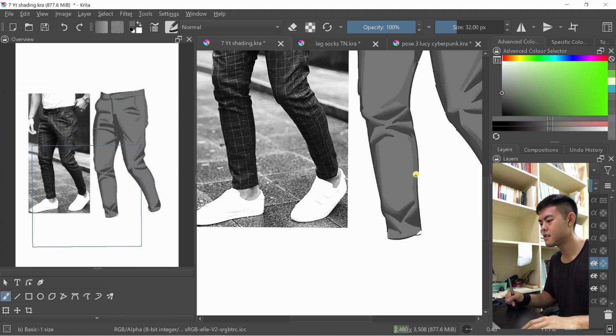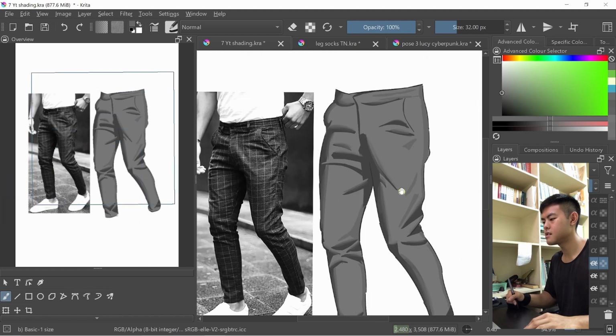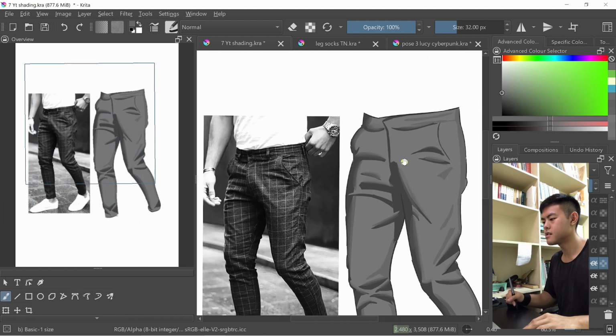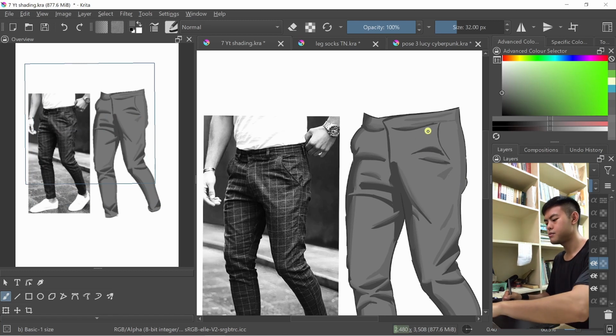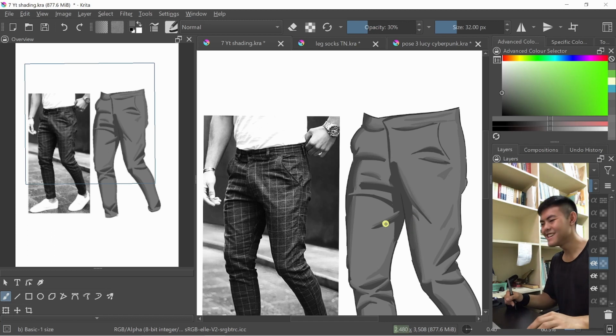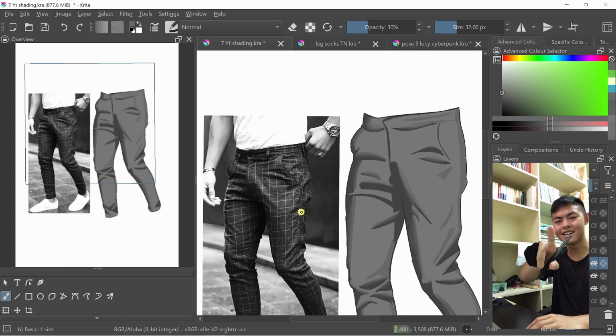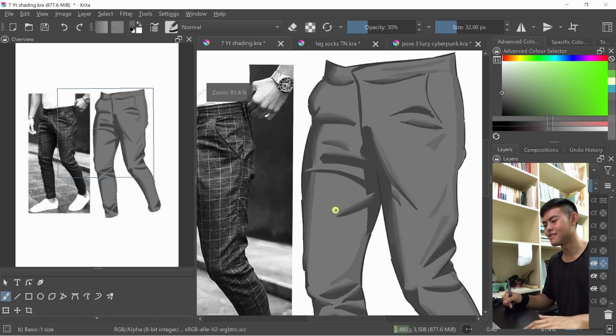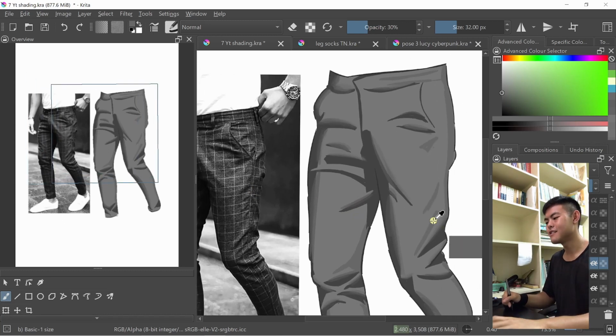It looks okay. Okay, and then we'll blend it in. So reduce the opacity. Currently the camera shows that it's around 40